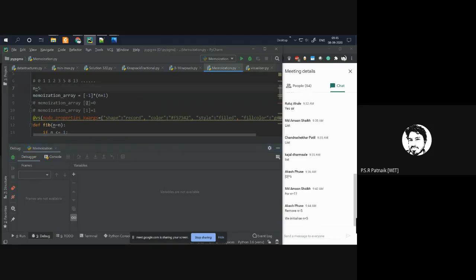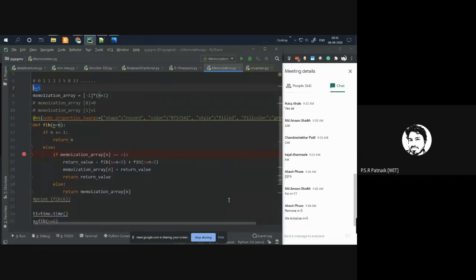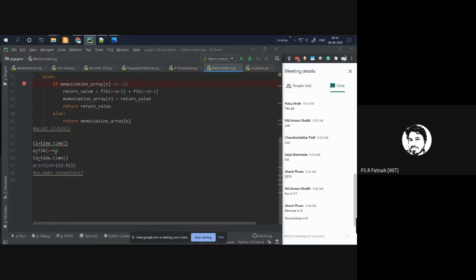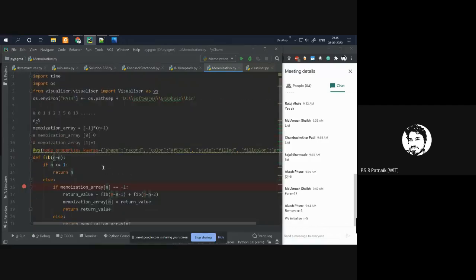Yeah, I think Akash was quick to point out: we were calling n is equal to 6 here, but we are initializing it for n is equal to 5.